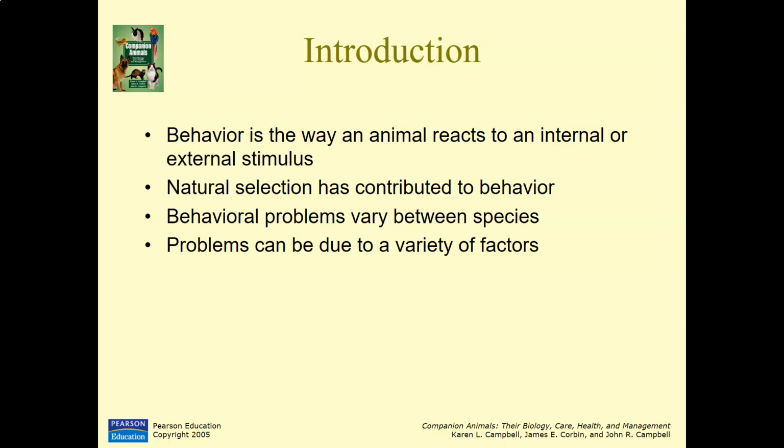We know that these problems are usually going to be the biggest reasons why animals are going to be surrendered to animal shelters, which obviously is very sad. And so detecting these early on and trying to intervene at some point is really important. And so, the reason these happen can be due to many different reasons. A lot of times too, it's just a mismatch with the owner and what they expect out of the pet,